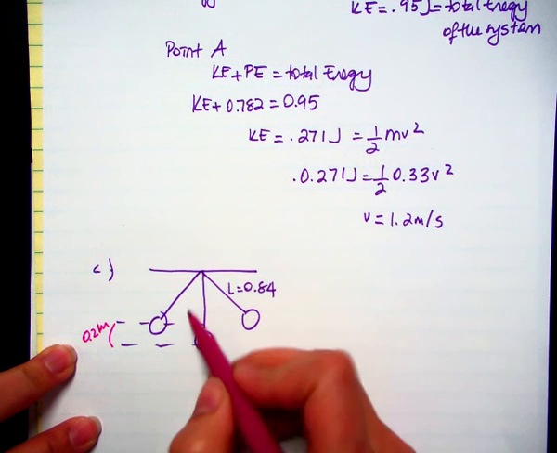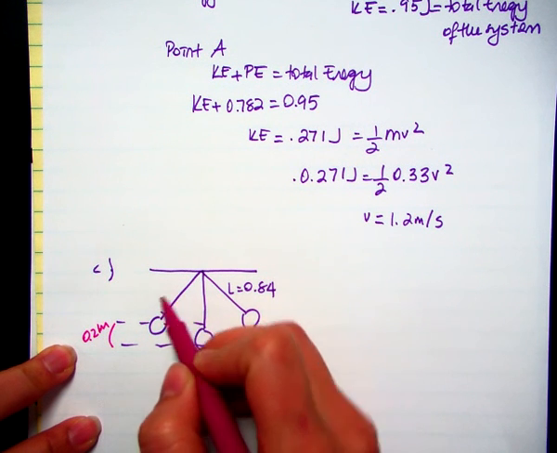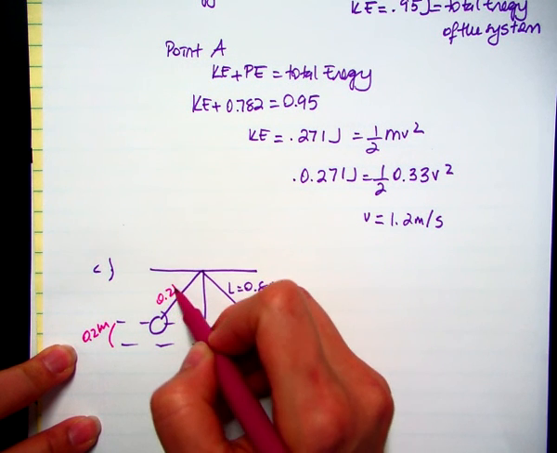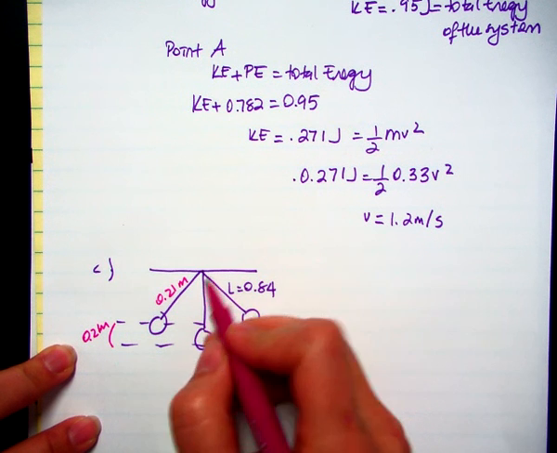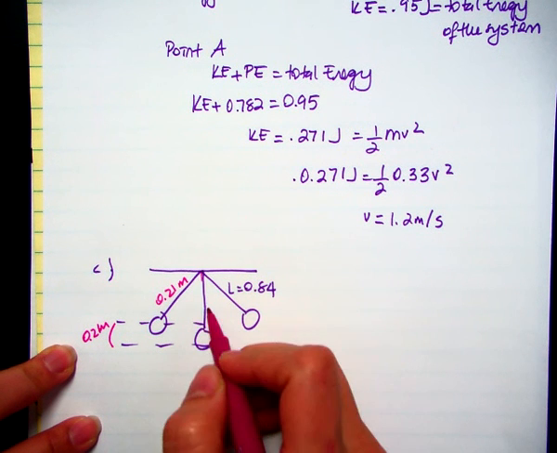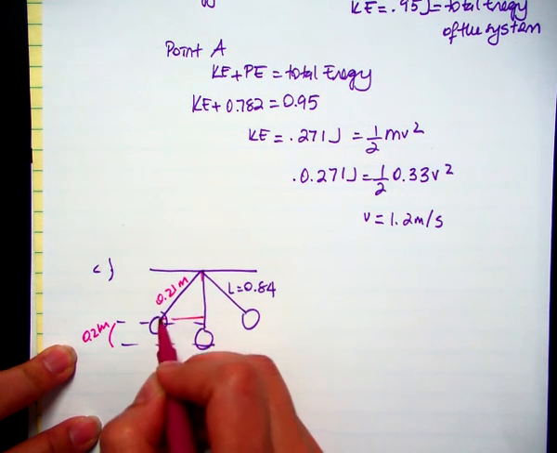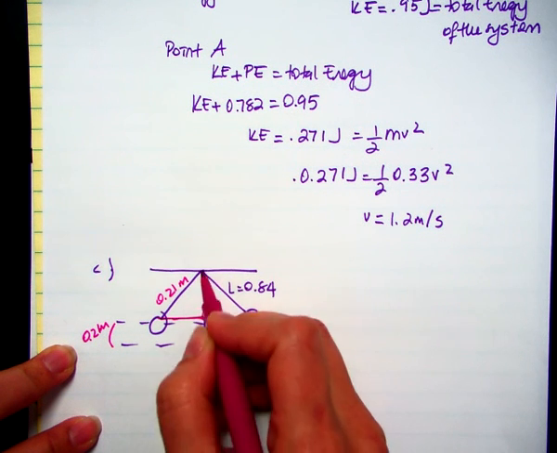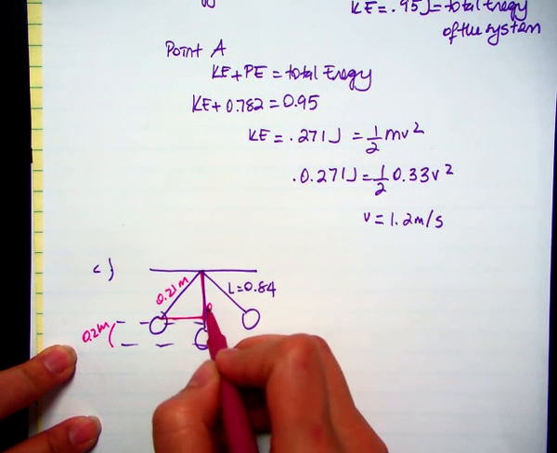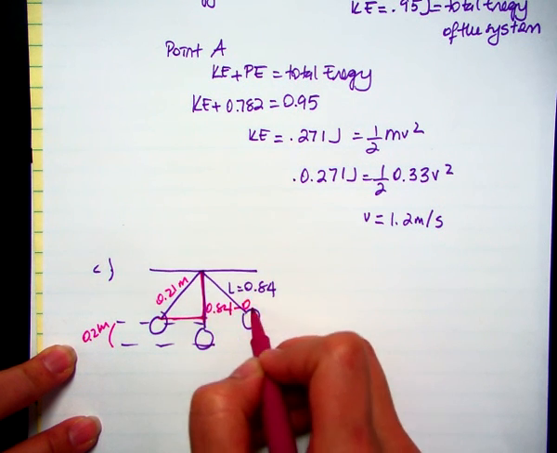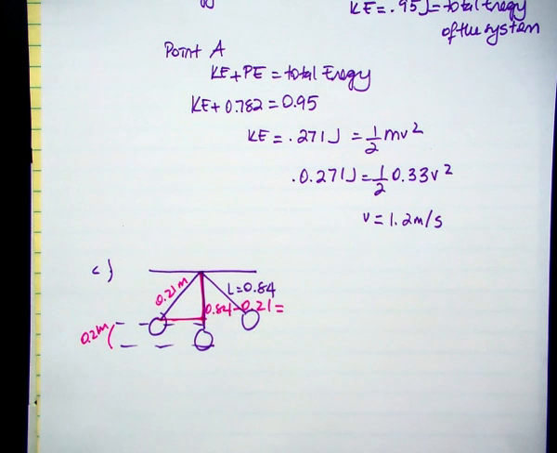If you look at this triangle, the hypotenuse is 0.84, and this side is going to be 0.84 minus 0.21. So can you see that triangle? This part is going to be 0.84 minus 0.21, and that will give you 0.63